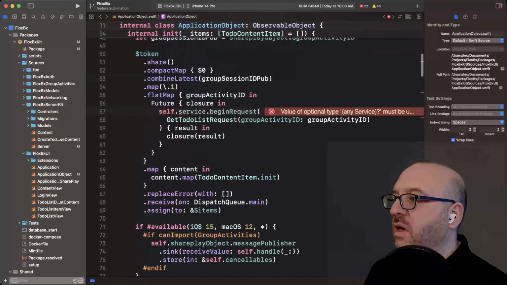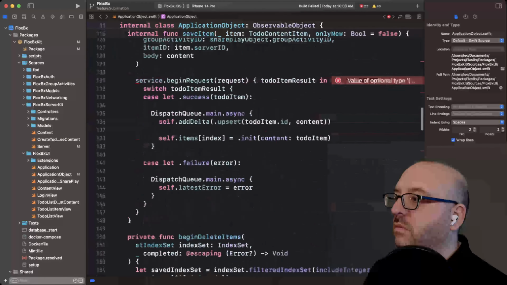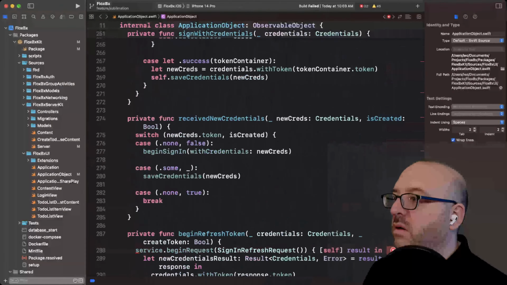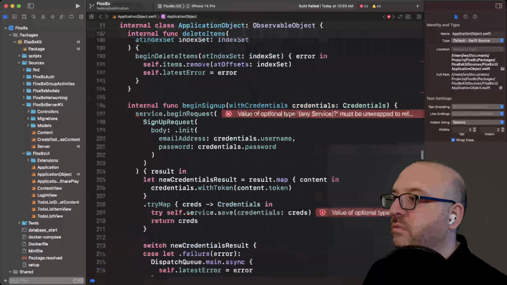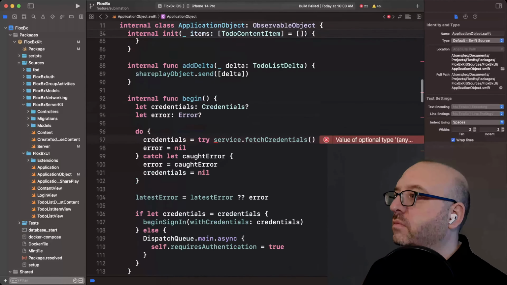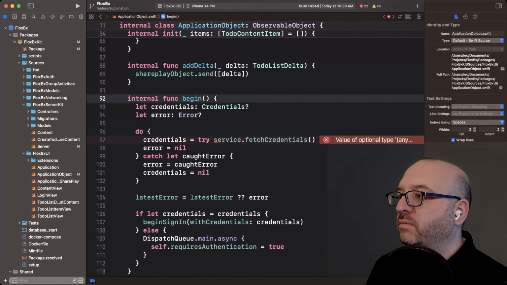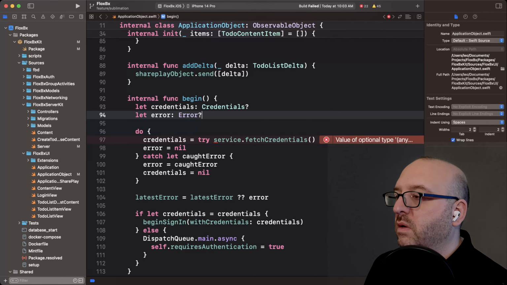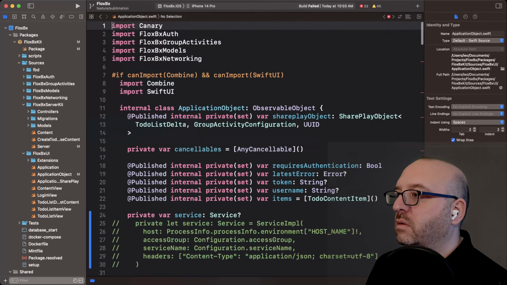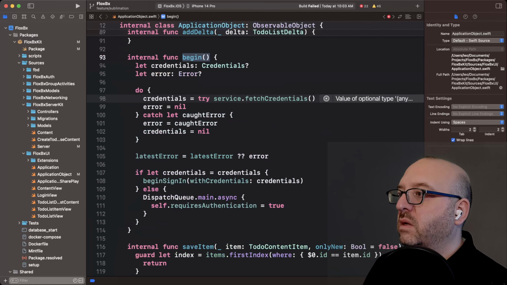Because service isn't set yet. So here in begin, looking for begin. So we don't even want it to get the credentials yet. So we'll be using, let's go in here, we're going to import Sublimation. Let's go back to begin. And now